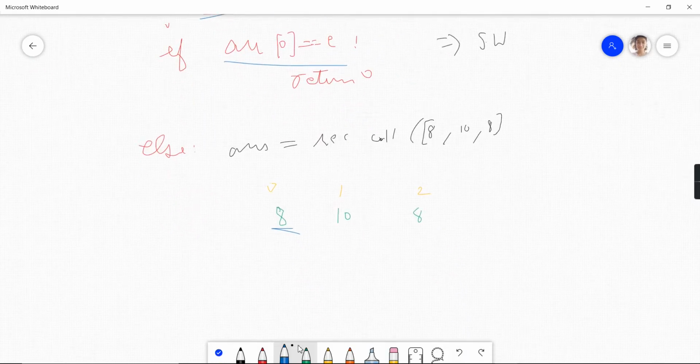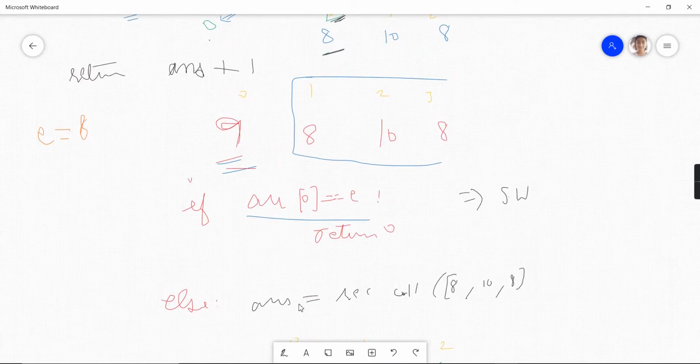So yes, 8 is equal to the element. So recursion will simply return 0, because for the array which was given to recursion, the element is present at the 0th index. So over here, we'll get 0.